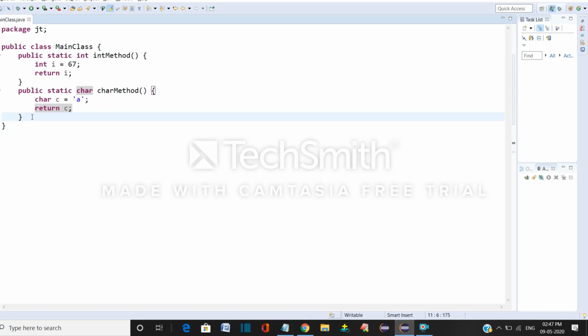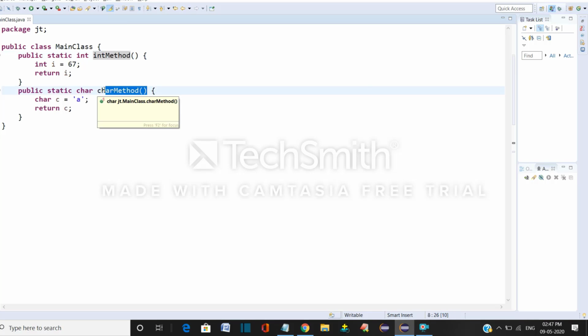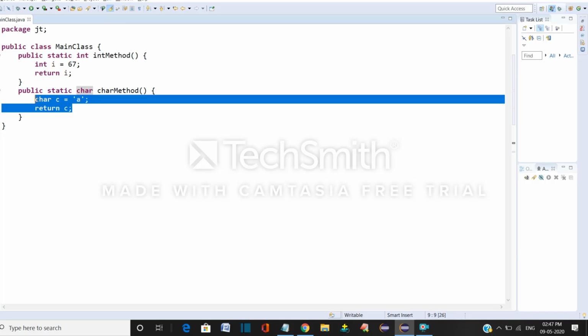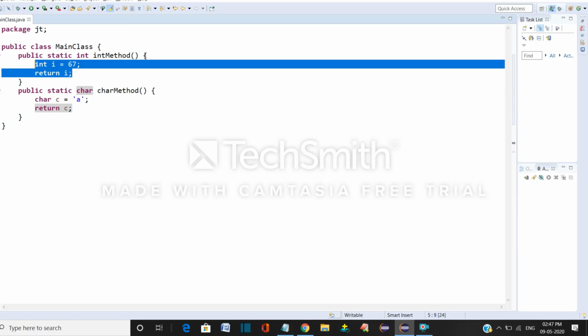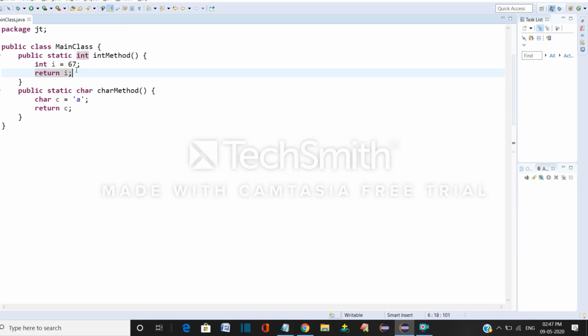Now my work is to call the method. What is meant by calling? I am indirectly telling my Java program to execute the logic inside my method. If you want to execute the logic inside your method, you have to call it, and this method should be called within the main method.